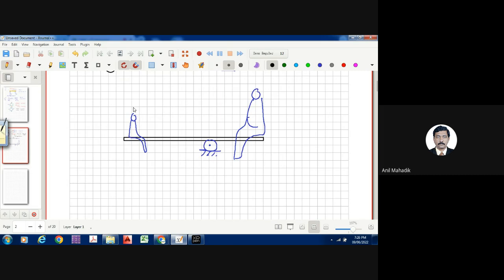The load of the child is 50 kg and this person has a weight of, let's say, 100 kg. And the distance between each person, this one is 4 meters and this one is